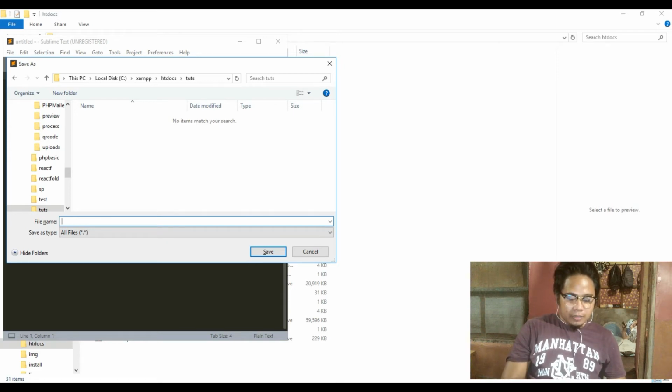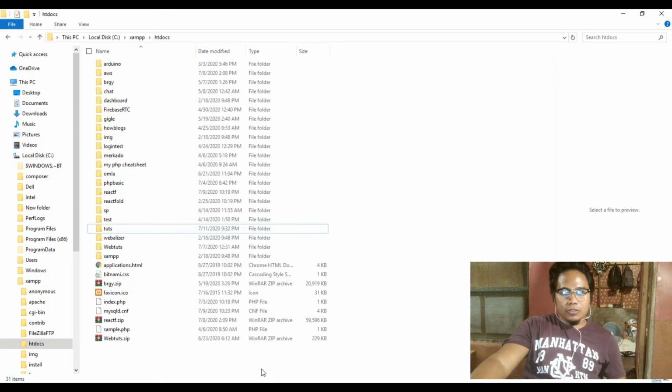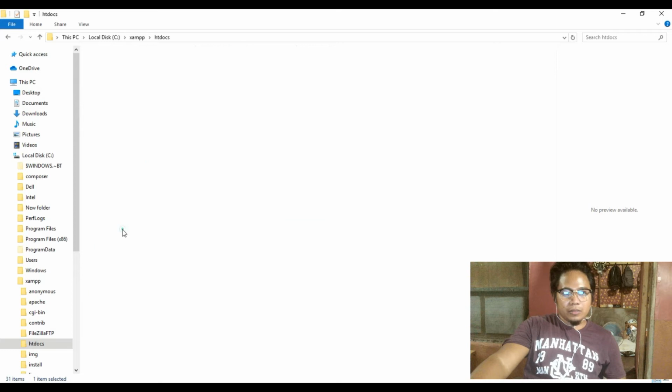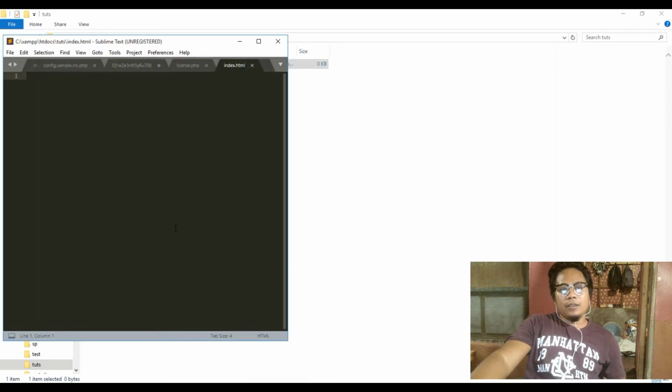And I am making it index.html. Okay, index.html. So let's check if we have saved it. Here is my folder, and okay, this is the index.html, but it doesn't have any text yet, so we have to make an